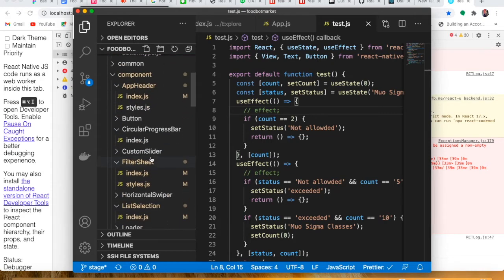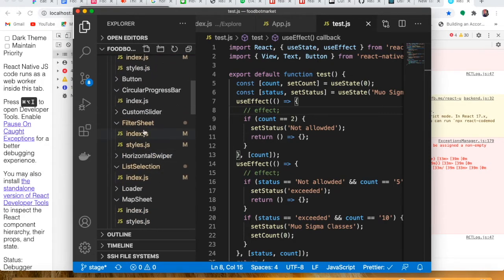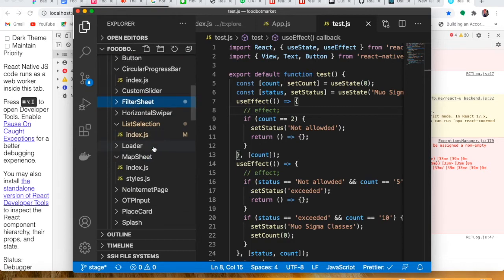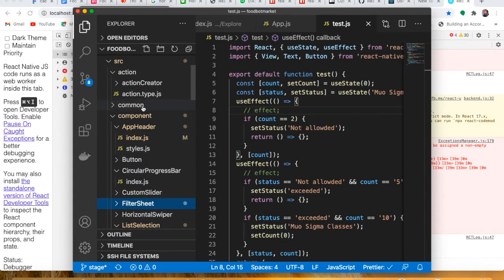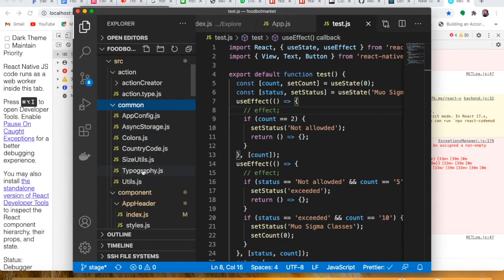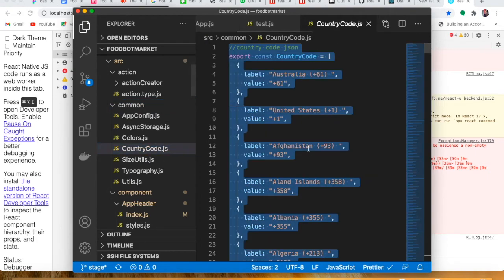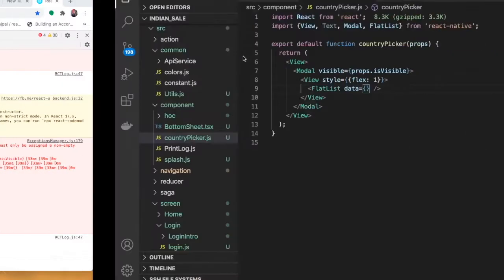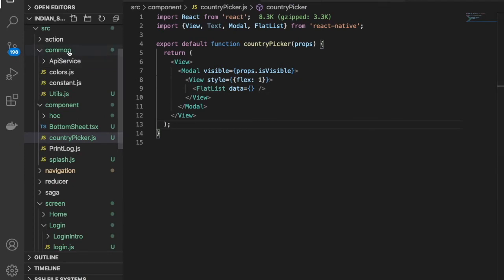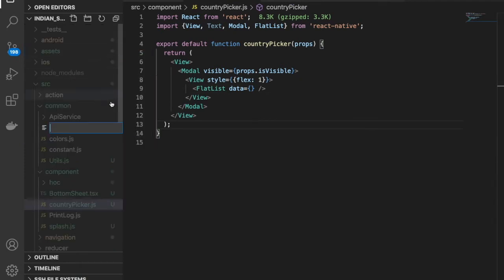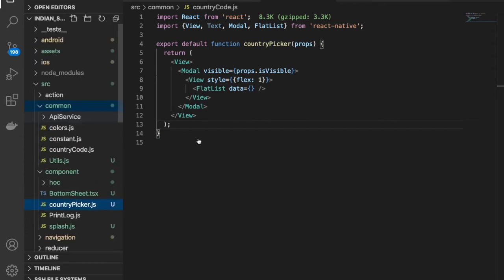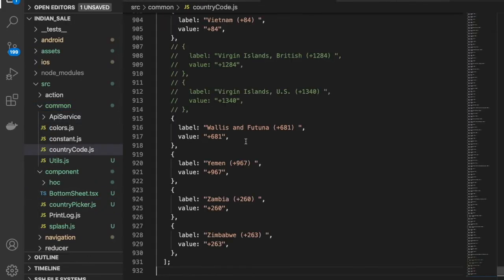Okay, so we have the data inside this common, under this common country code.js. Just copy this, and under this common we are making another file called country code.js, and now just paste this.